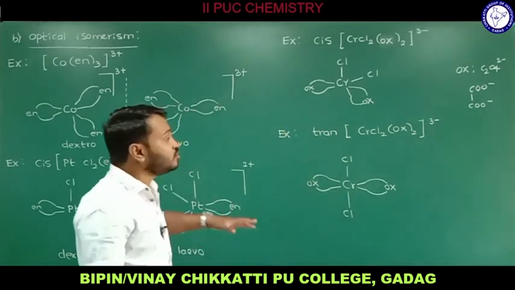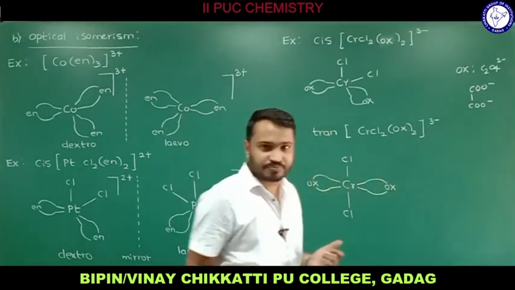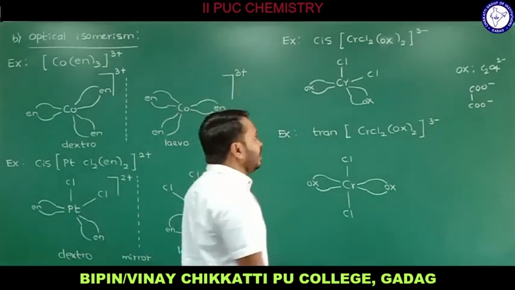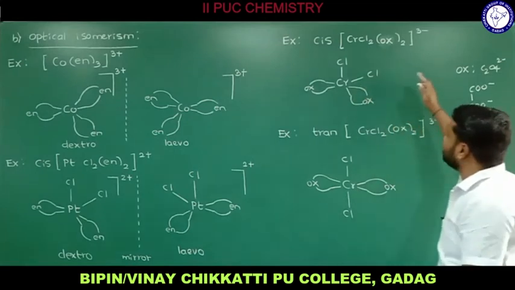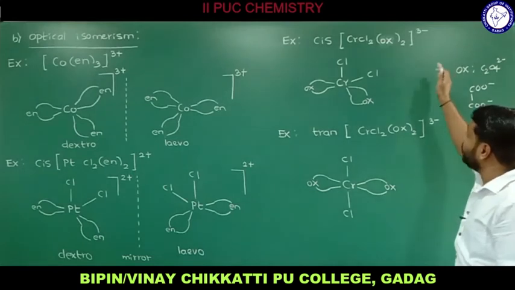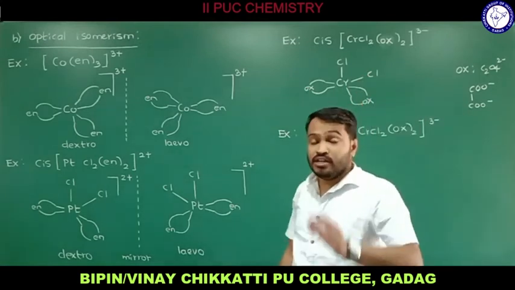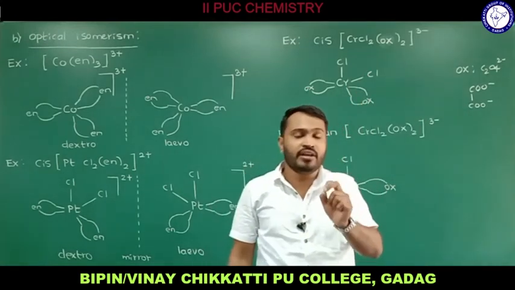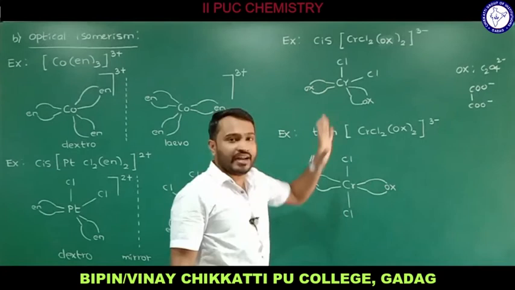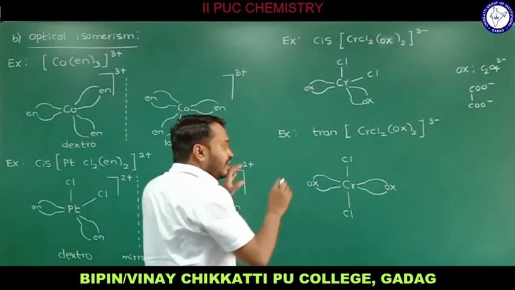So now the question arises, out of these two, which one is optically active, which one is optically inactive? Now it is a very important concept, try to understand. For the cis isomer we have, if you place a mirror, we can draw one more mirror image of this. And if you place it over here, they are non-superimposable. If you have non-superimposable mirror image isomers, they are optically active. So I am going to say the cis isomer is optically active. Then what about the trans isomer? Now let us assume I am going to place a mirror over here, and I am going to draw the mirror image.